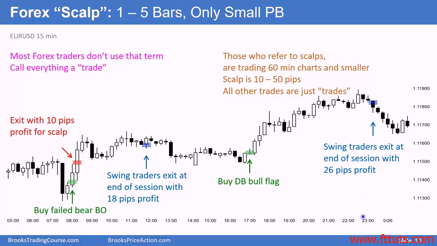And here, at the end of the Asia session, he might get out below 1 or 2 of these bear bars. We have a bear II, 3 or 4 pushes up, 1, 2, 3, and then larger, 1, 2, 3, larger, 1 or 1, 2, 3. A nested wedge. And at the end of the session, the bars are getting small, becoming dojis, and then we have a bear II. So the swing trader would get out here, and he made 26 pips profit,